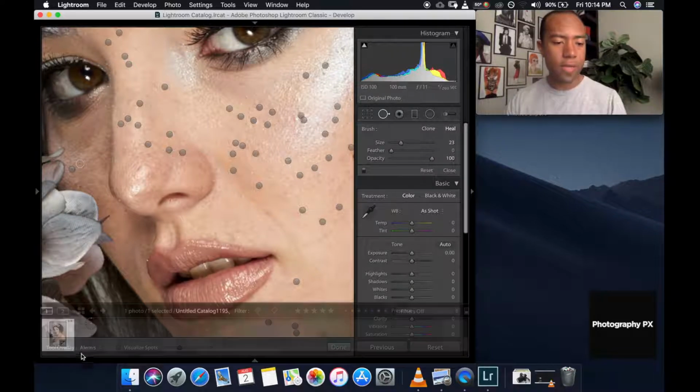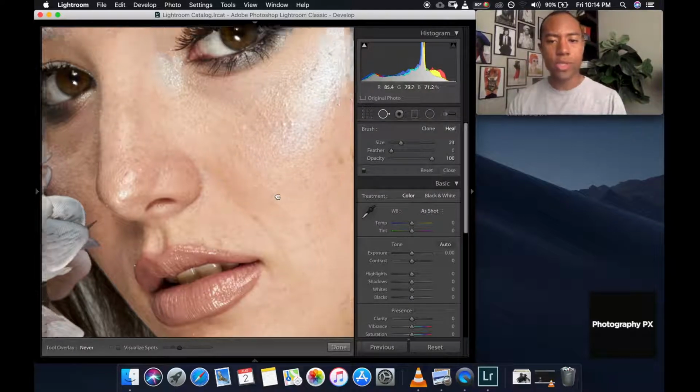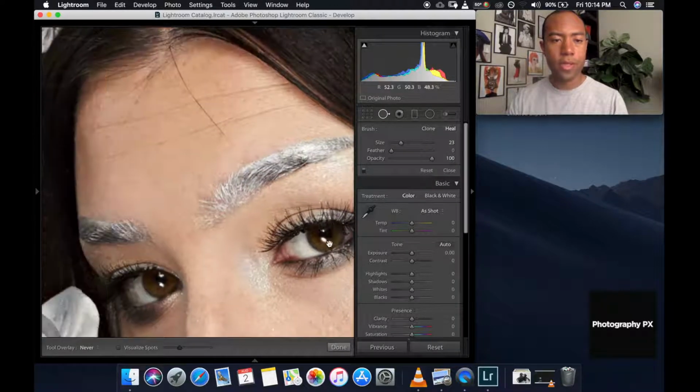I'm going to turn off all these points down here so we can basically not get distracted by those. And you can just see the before and after. So before, after, before, after. We're going to scroll up here as well. Before, after, before, after, and we'll do some quick stuff so you can see as my computer kind of struggles